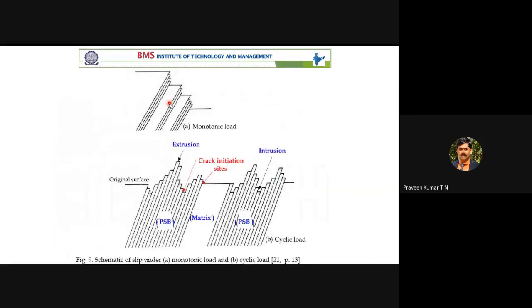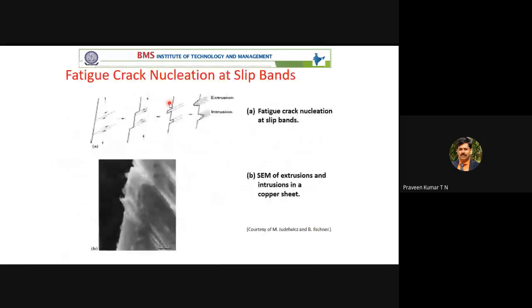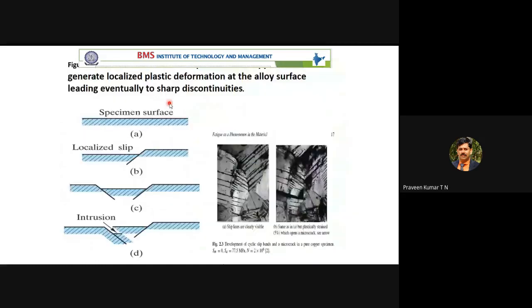This timing I will skip. I have to explain with respect to material science. So this is a specimen. When it is subject to fatigue loading, it runs for a few thousand rotations or 10,000 rotations. Inside the material, a lot of changes happen. Because of that, the material fails. At the microstructure level, a lot of changes occur. Slip lines are clearly visible. These are the slip lines, the plastic deformation by slipping.